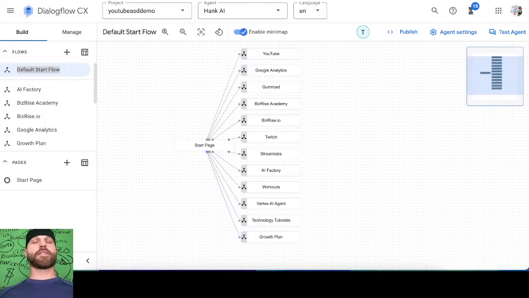Vertex AI is, think about it as Google's version of AI that's very readily accessible to the public. And what you can do with it is, I explain this to people like if you're going bowling. For example, if you go bowling for the first time, even if you're an athlete, you're still going to throw probably one or two gutter balls right out of the gate.